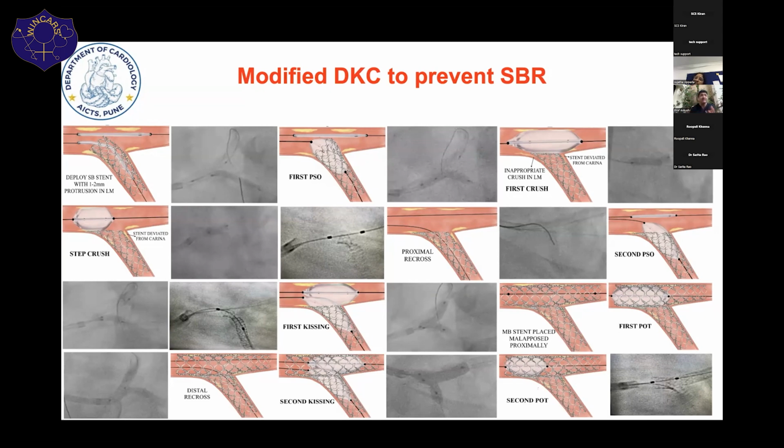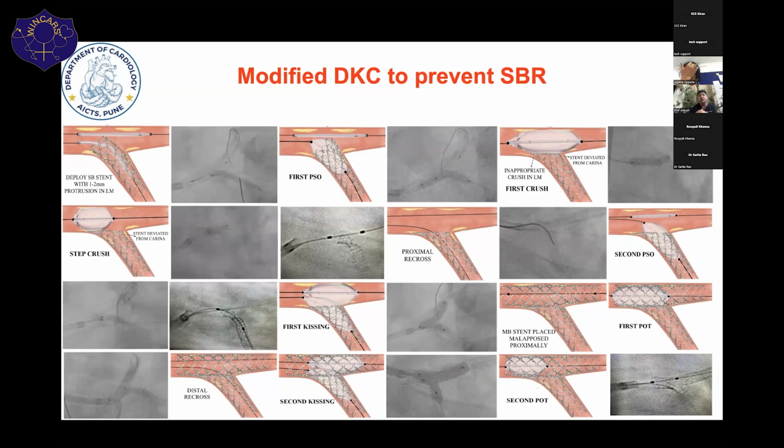We are doing complex left main bifurcation and we are competing with the CABG. And if we want to give results close to CABG, we need to improve our side branch outcome. And we strongly feel that if we use this modified DK crush, which we have been using for the last 1 year, and many of our co-investigators are doing it,